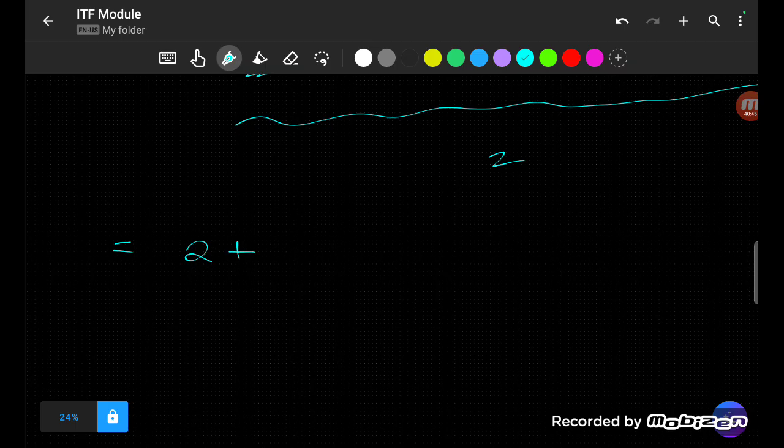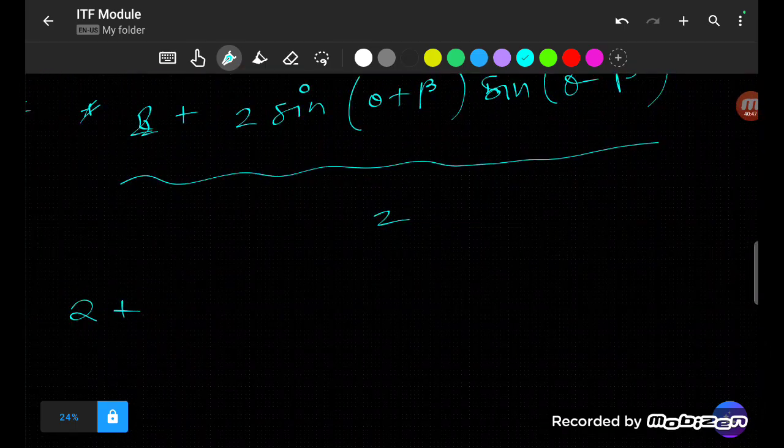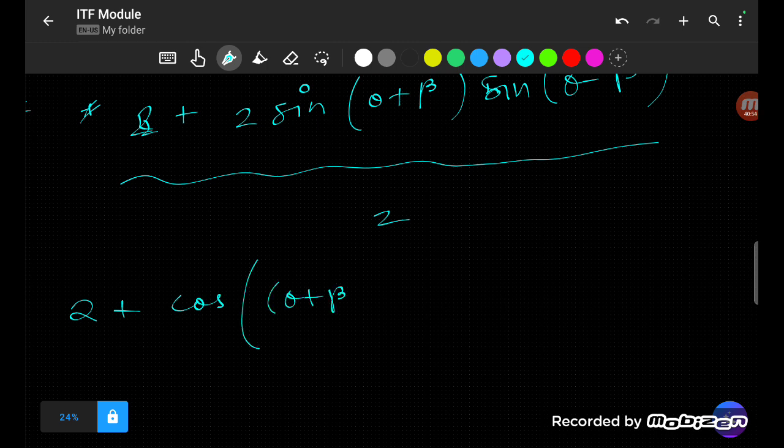So this is going to be 2 plus 2 sin A sin B, which is cos A minus B